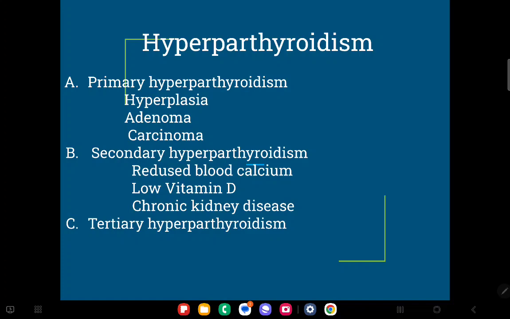The adenoma will be active and secreting more parathyroid hormone, and by so doing it increases the calcium level in the blood,